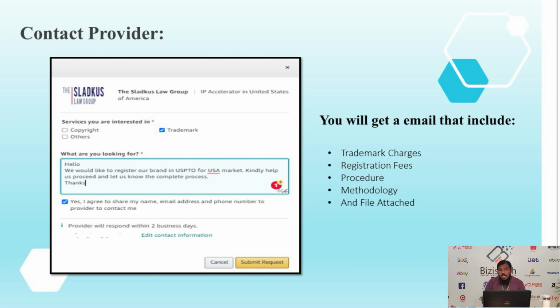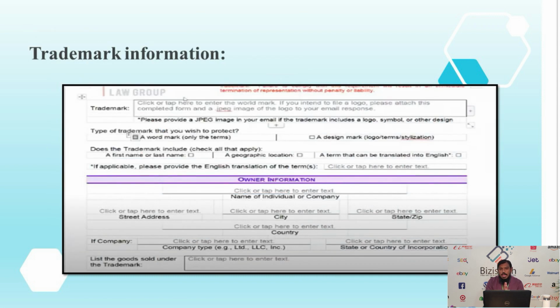After submitting the request, within 48 hours we will receive an email from that service provider. In this email they will mention trademark charges, registration fees, procedure, methodology, and the attached file. The file attached with that email consists of one form. We have to fill in that form and send it back to the service provider so that they can start the process